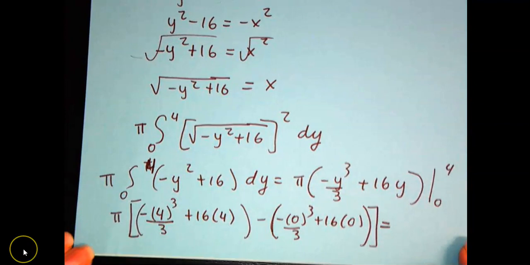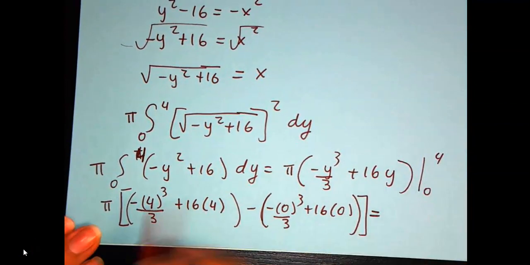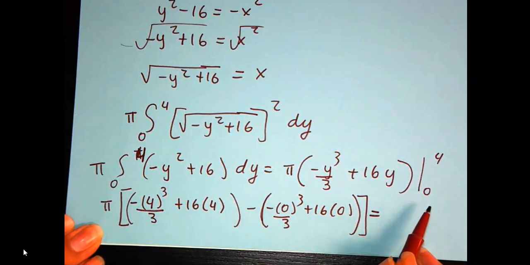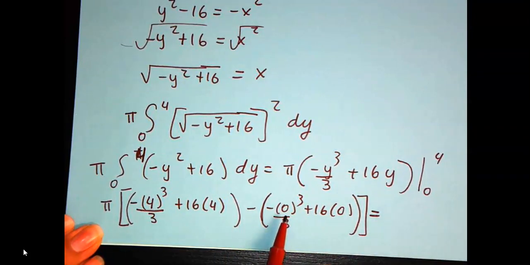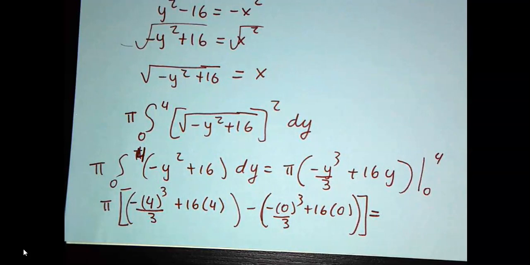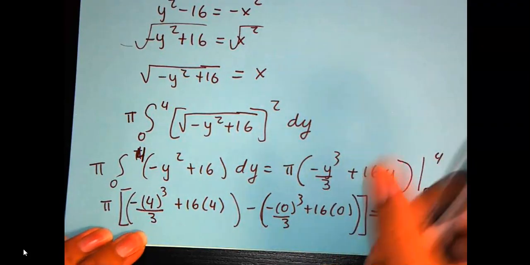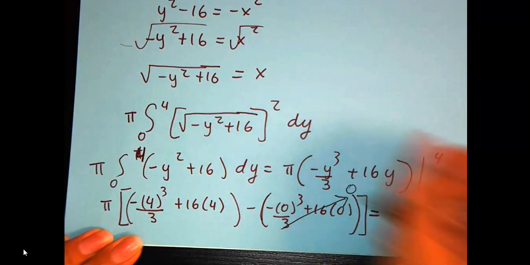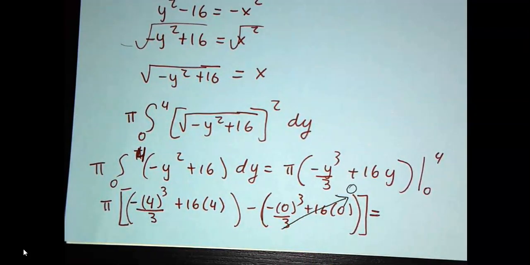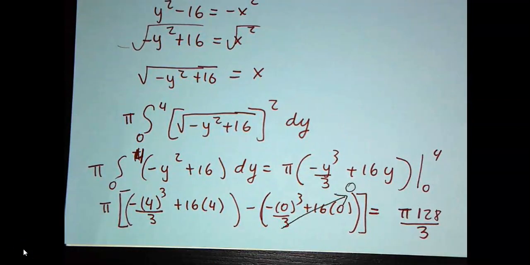We're going to plug in 4 for every y I see, minus, and then I'm going to substitute a 0. But all of this side is just going to go to 0. So in reality, I just need to simplify the first part. The rest disappears. I don't care about it. I care just about the first part. After simplifying, we get that the answer would be pi times 128 over